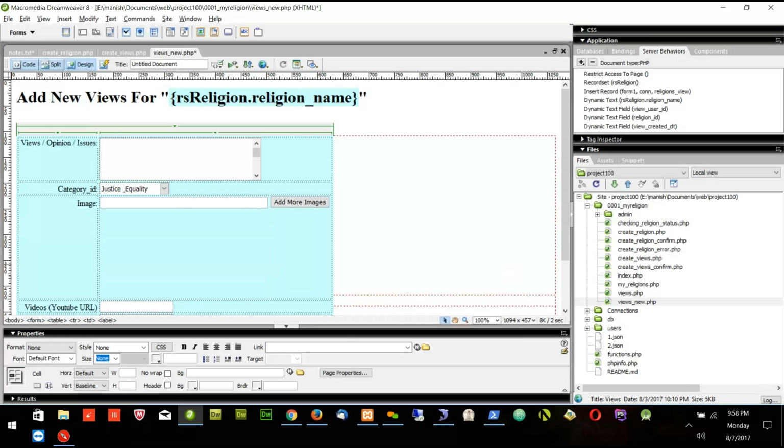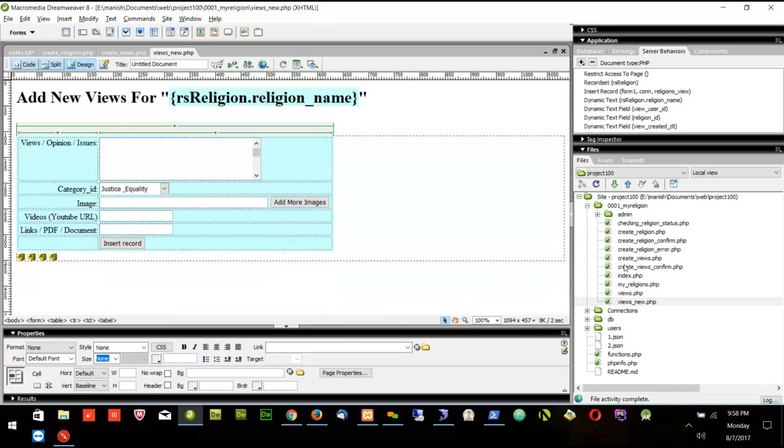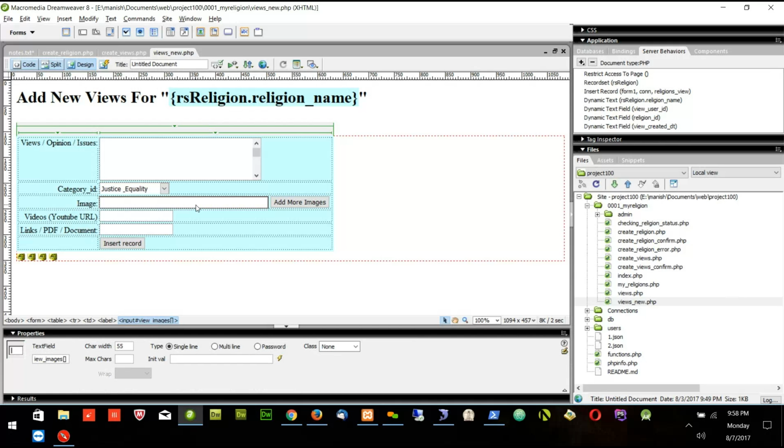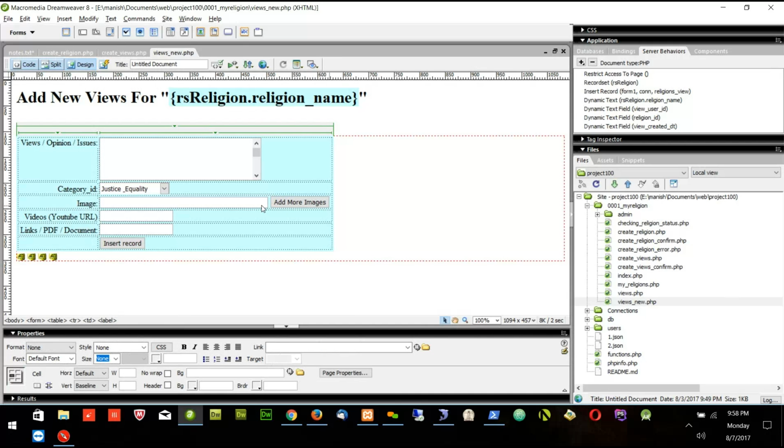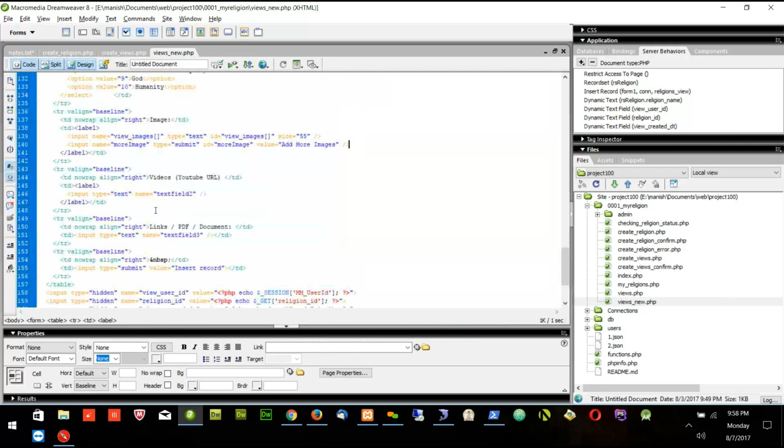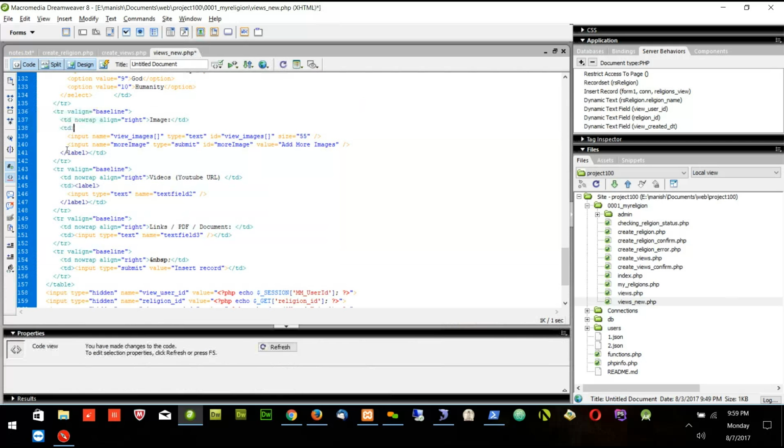So we have to do this programmatically. I have this text box, and I need to put a new text box below it programmatically, right? So let's go to the code. This is the whole code because Dreamweaver does not give any facility to do that. So I will delete this label part. I don't need this label part. First, I need to copy this and put it below the add more